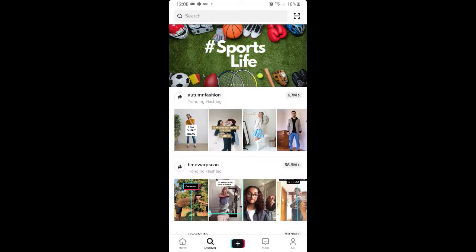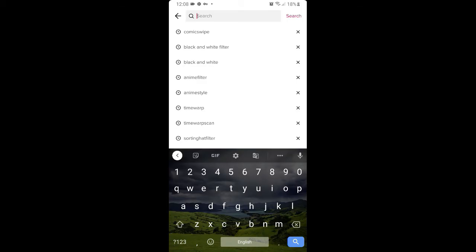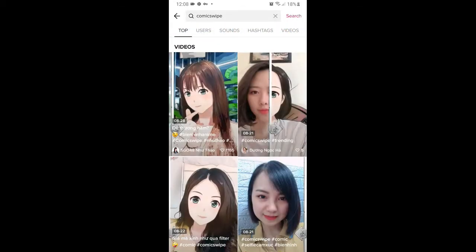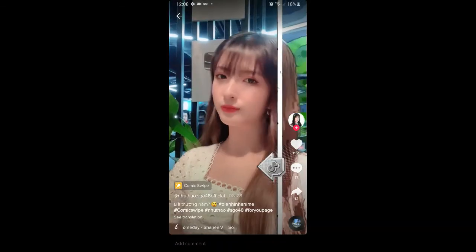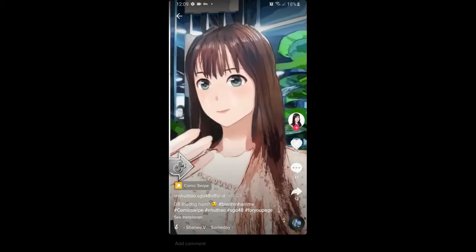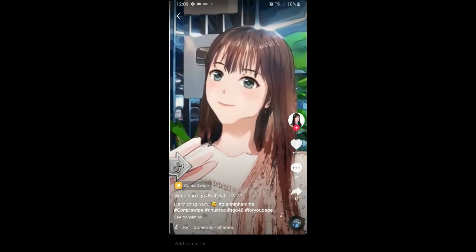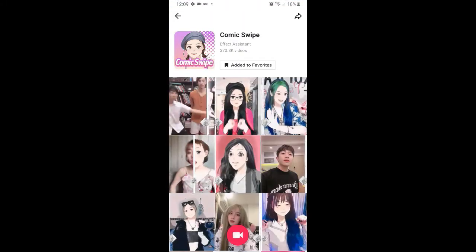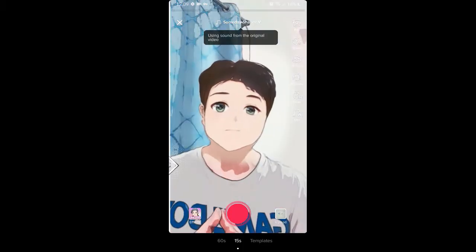to discover and you can search for comic swipe and you will be seeing all these videos with this effect. Now tap on any video you want. Now at the bottom left corner of the screen you will see the effect icon. Just tap there and you will be directed to the effect page. Now from here you can add it to your favorites, and at the bottom of the screen you will see the record button. You can tap there and from there also you can use this effect,